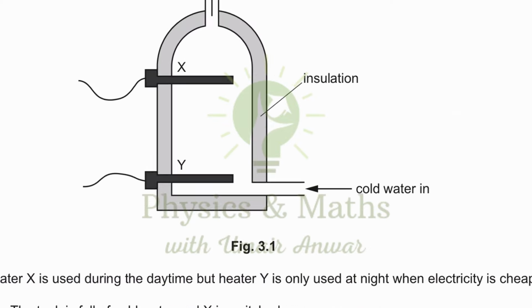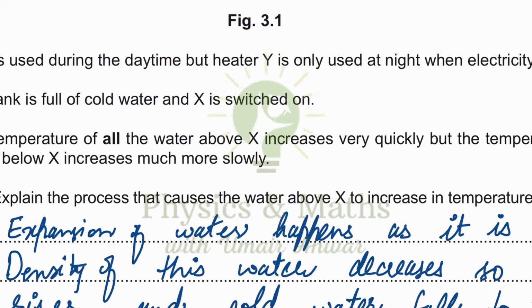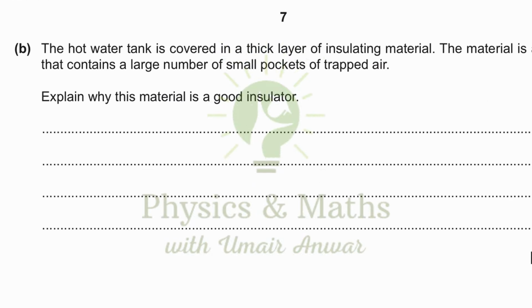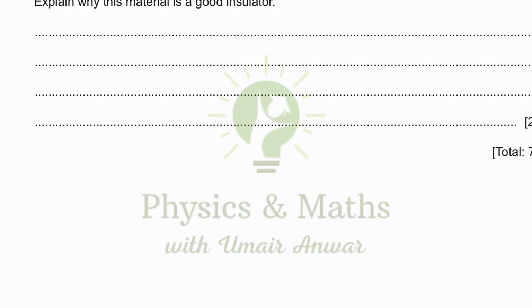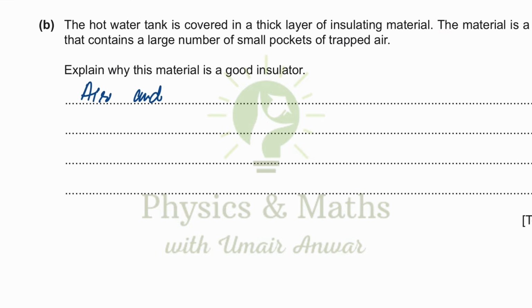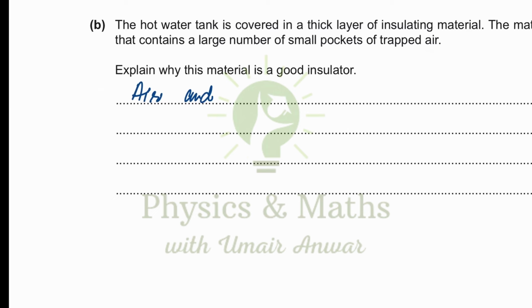Insulation is made in such a way that there are pockets which contain air in the insulating layer, and the presence of air makes it a better insulator because air is a very poor thermal conductor. So heat is relatively trapped better inside the heater. Since the material is a plastic and it also contains small pockets of trapped air, these two